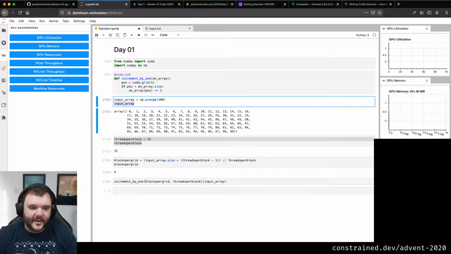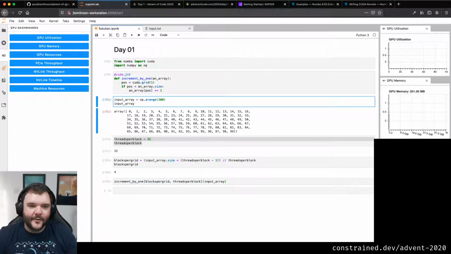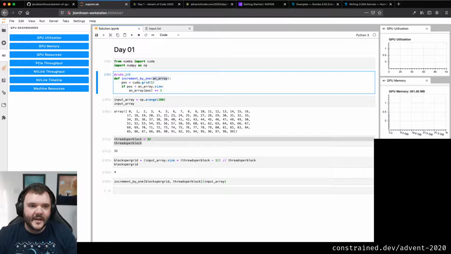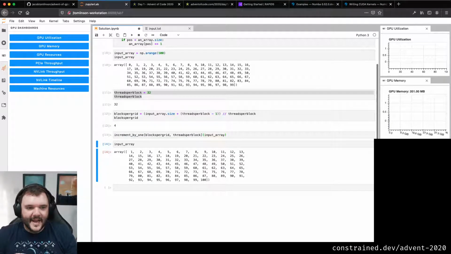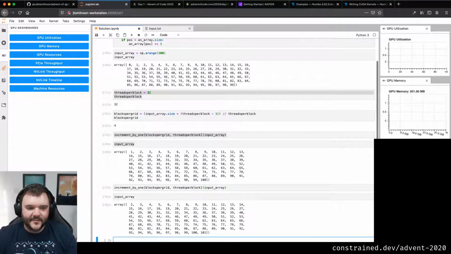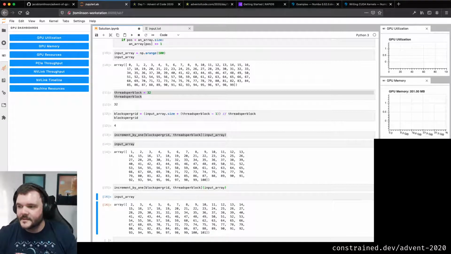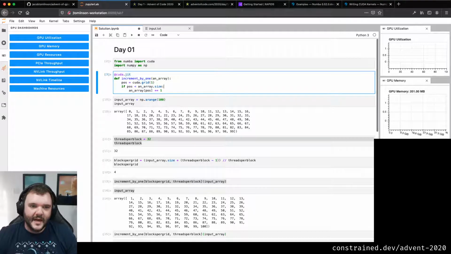So if I now have a look at this, because this is modified in place, right? We haven't taken in an input and an output. We've just taken in our one array. We've gone over the whole array, and we've incremented it by 1. So if we have a look at the input array now, all of these numbers have been incremented by 1. This was a 0 counted array before. Now it's a 1 counted array, and we could do it again. And then if I have a look at the input array, it should now be a 2 counted array. So we're starting from 2, right? It's executing over all these numbers, and it's calling this function on every single one of them separately.